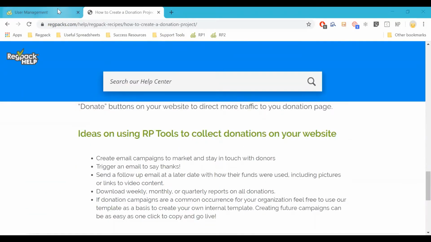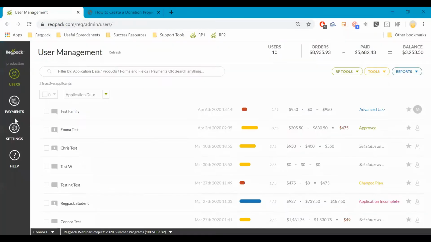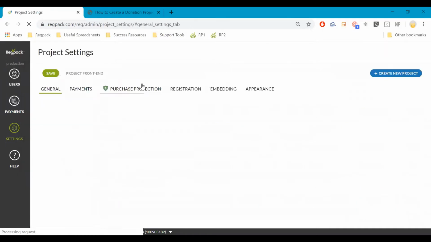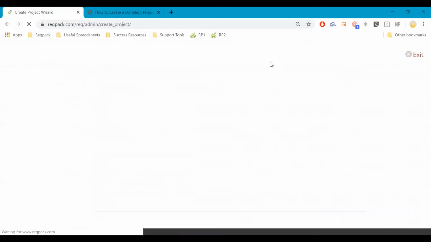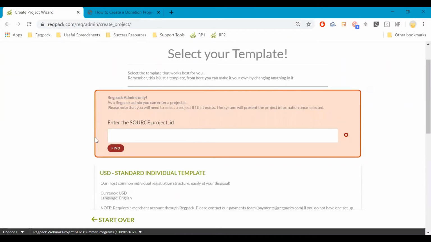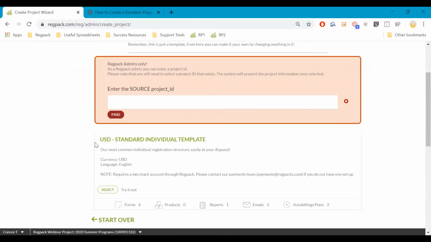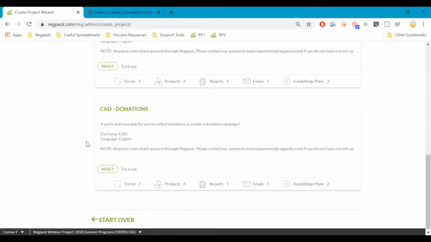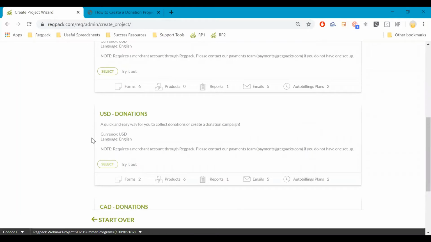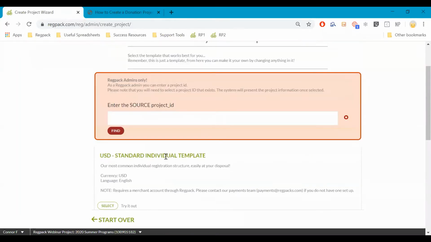So without further ado, I'll go from the webinar project that I've been using. You can start from down here and go to create new project, or you can go from project settings into create new project. This right here is the brand new donations template. If we go from the create project wizard into your donation template, you've got a couple different options here. It's basically the USD donations, or you've got your standard versus a more robust donations project. So if we just go with the standard one,